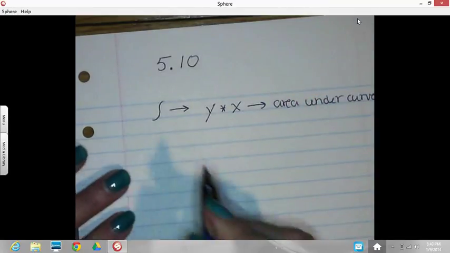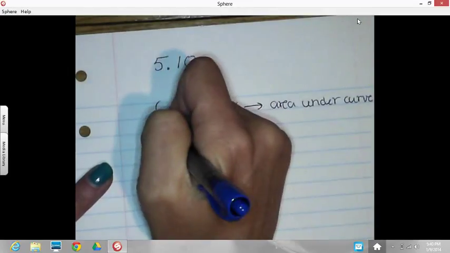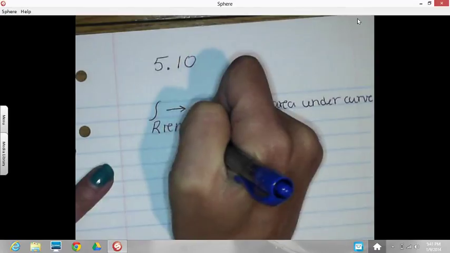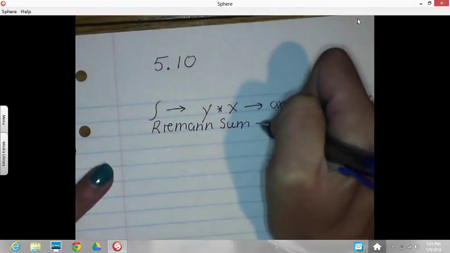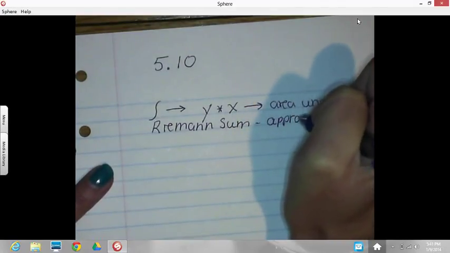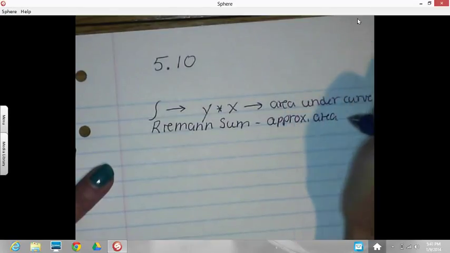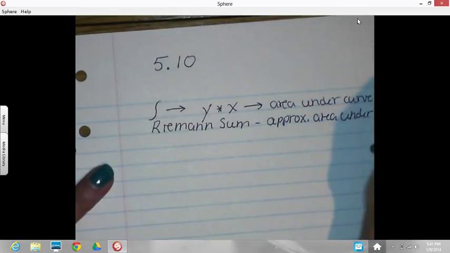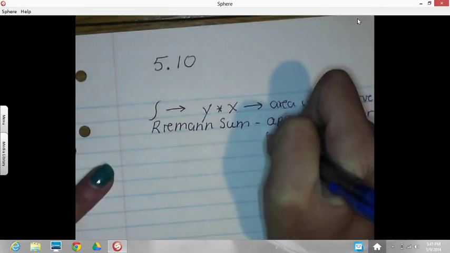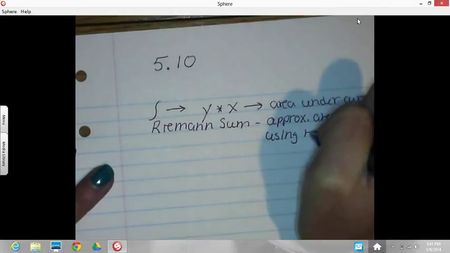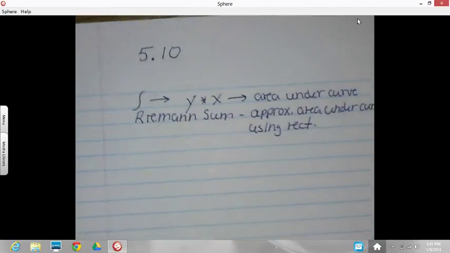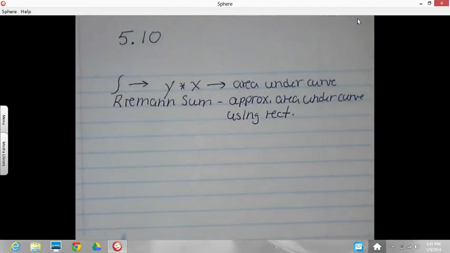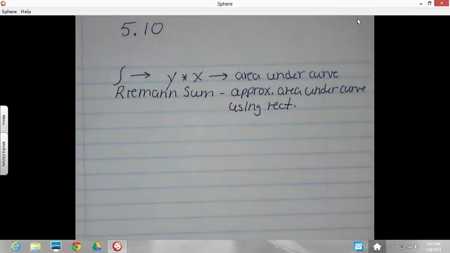And the other thing that's going to come up in this section is back to Riemann sums. Remember, a Riemann sum approximates the area under the curve using rectangles. And remember, the limit of the Riemann sum equaled our integral, the actual exact value, but the Riemann sum was the approximate. So I'm just going to take you through the first example in the homework section here,